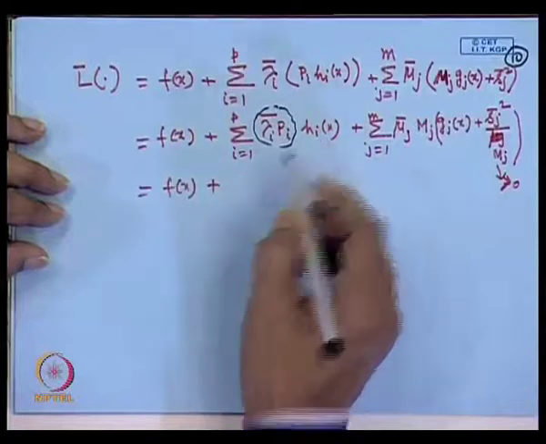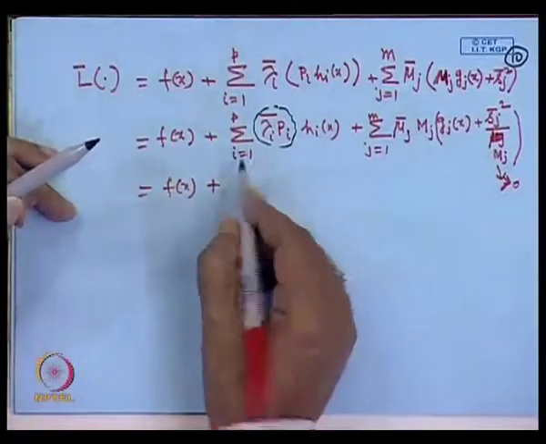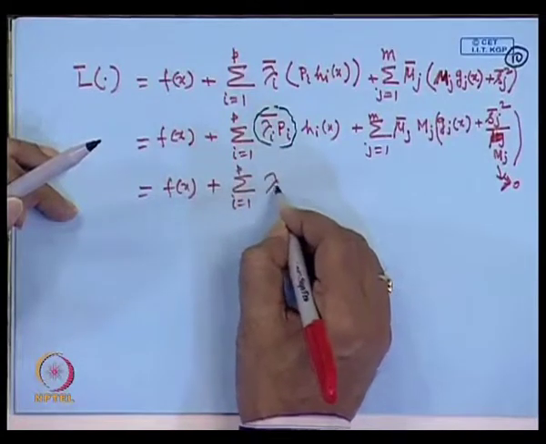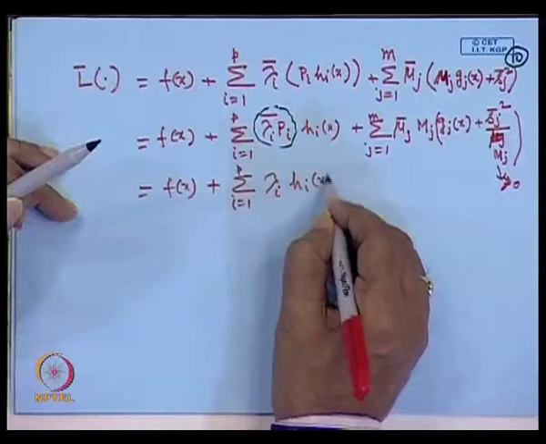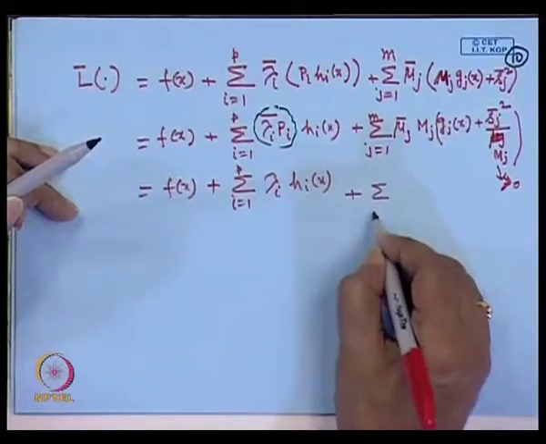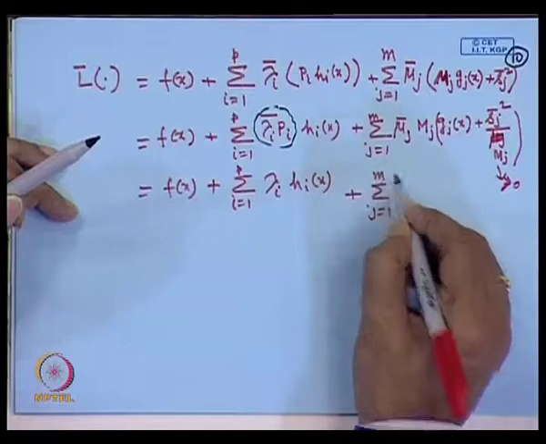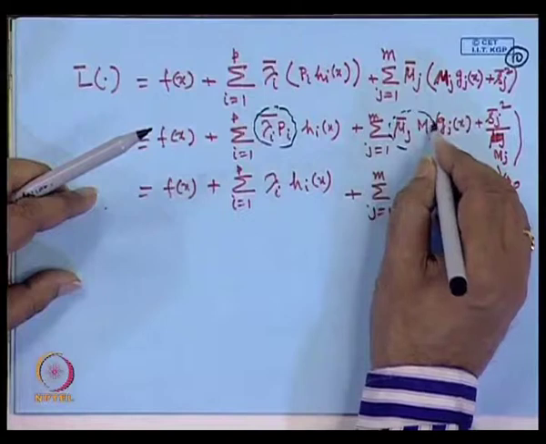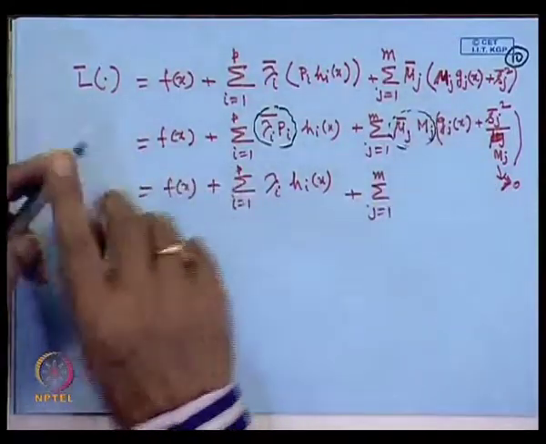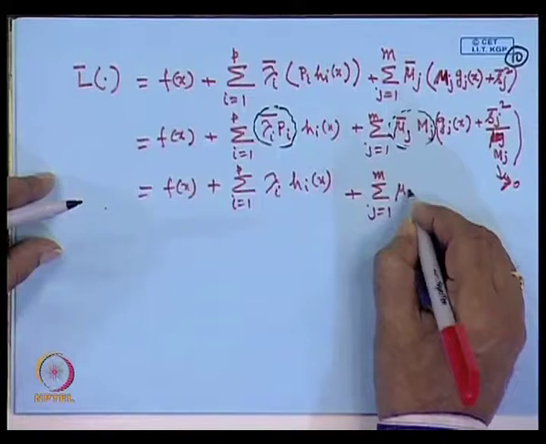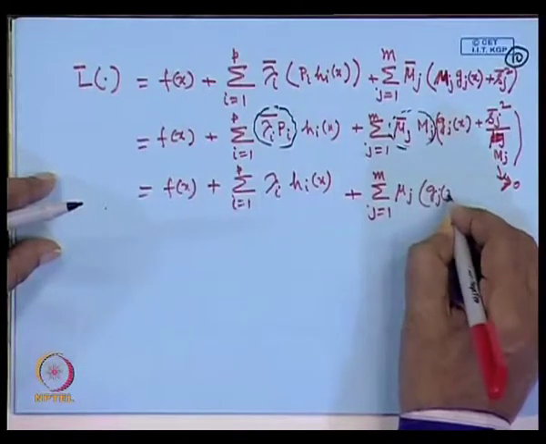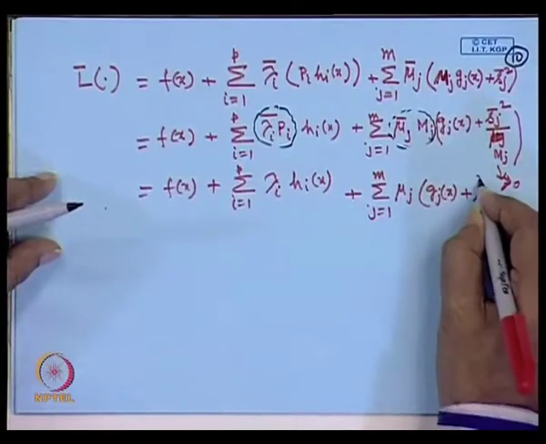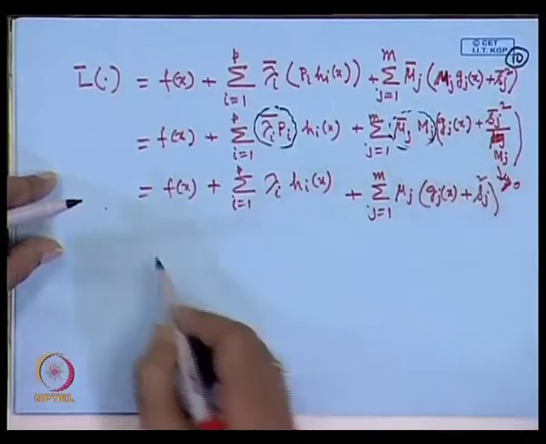So, now you see f of x is equal to this. I am now writing this, since this is associated with only h_i, I can write it as summation of i equal to 1 to p lambda_i h_i of x plus summation of j equal to 1 to m, mu_j g_j of x, plus this quantity is another positive quantity mu_j square, agree. Now, you see